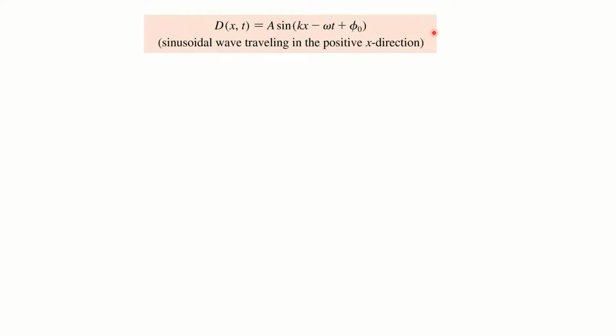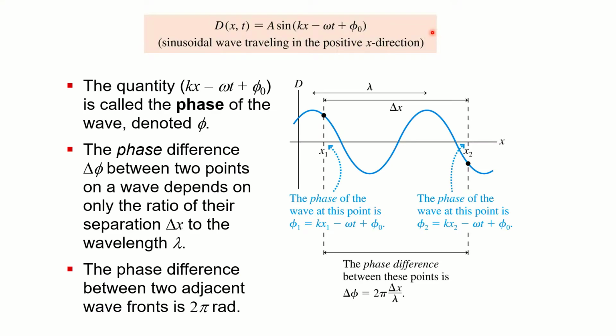Turns out the crucial aspect of this wave model in describing these things is what we call the phase, basically the argument of this sine term, right? If we take that whole quantity, we call that the phase. And what matters a lot, if you're thinking about two waves, is the phase difference between two points. So if you think about what the phase does, it tells us what part of the sine wave we're on.